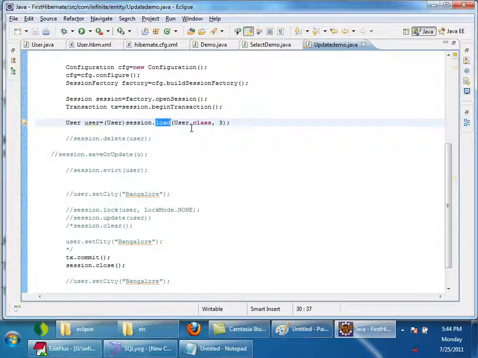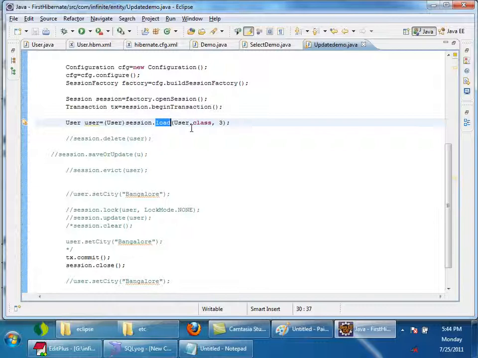Whenever I say session.load, load will not return me an actual user object, but it will return me a proxy of the user object. What is a proxy? Proxy is an object which behaves as if it is the original object, right? So session.load will not return me the original object. It will return me the proxy object. Whereas session.get will return me the original object.